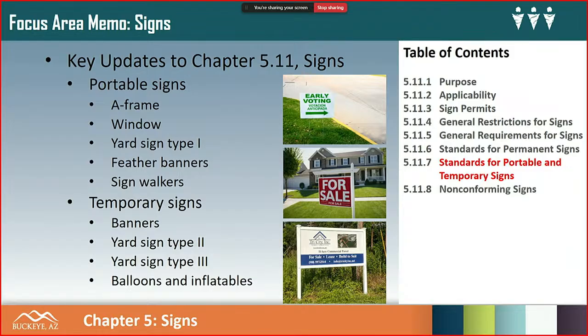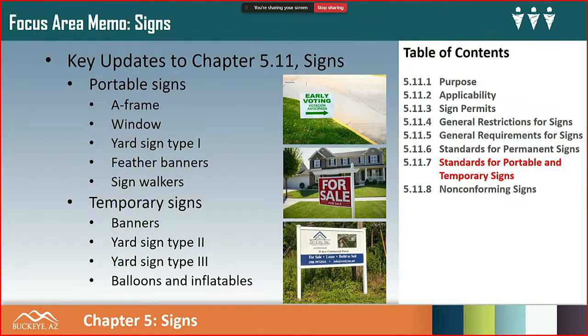And the logic behind this is whether it's a sign type 1, like you see in the top of the image, the U-shaped voting sign, that's a typical yard sign type 1. And it's used frequently by realtors, by politicians, by people advertising in the landscape business, and so on. Very difficult to get a realtor to apply for a sign permit. And honestly, we shouldn't do that.